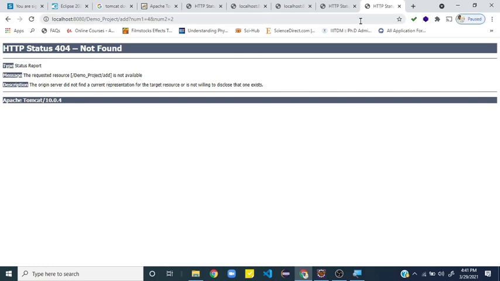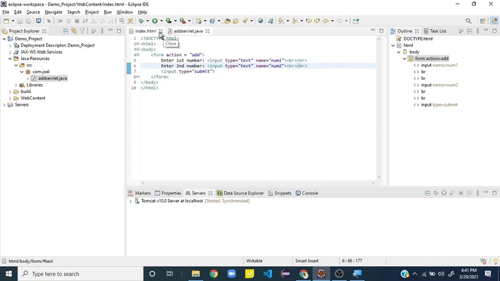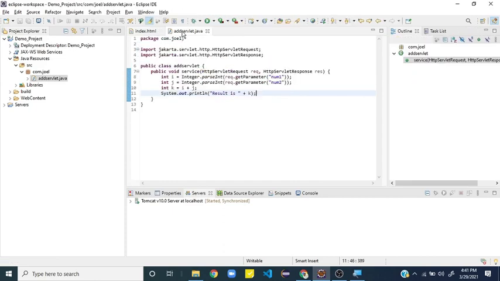Again, the problem here is I have created an HTML file, I have created a Java file, I have used the values from HTML over here, but remember I didn't map these two. And in basic, if you are using HTML and CSS, we do the mapping. That's a very basic thing that we use. The same thing we have to do over here. So if you want to do the mapping, obviously we have to go to web content and go to web inf, and you can see this web.xml. This is your important thing where it will map your HTML and your Java.